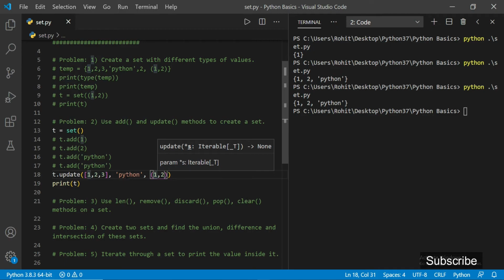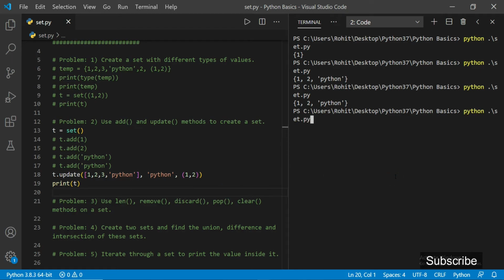This string will be stored as characters. So if I want to store the whole string, I have to write it inside a list like this. If I try to print, I will be getting these values. So in this way we can provide multiple values using the update method.